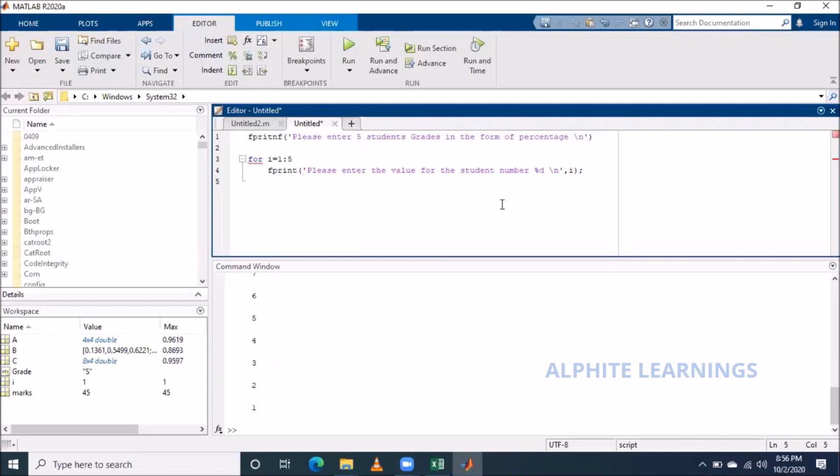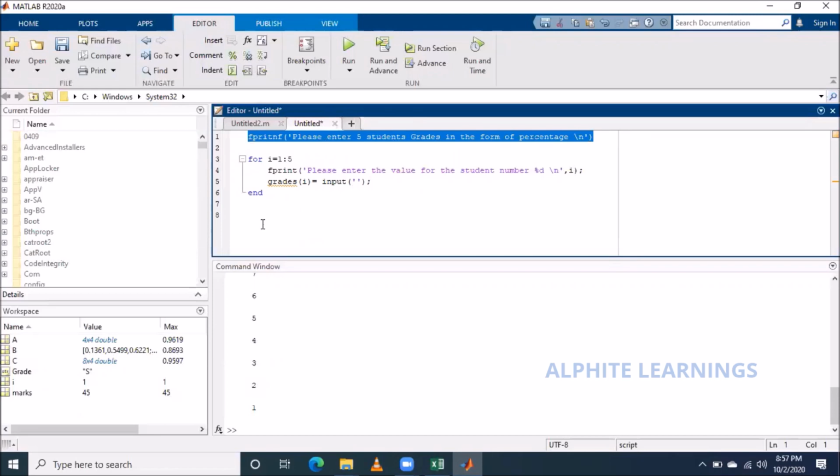Okay. Whatever I get as input, I am going to update in the array, right? So grades of I is equal to input. So whatever I give as input, it stores accordingly. Okay. So for anything, it's just end. So at last, what should it print?